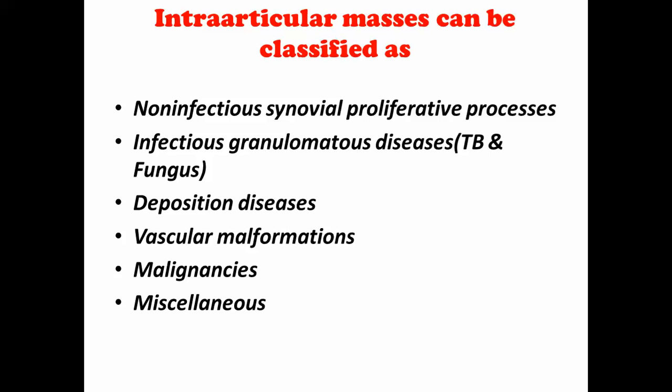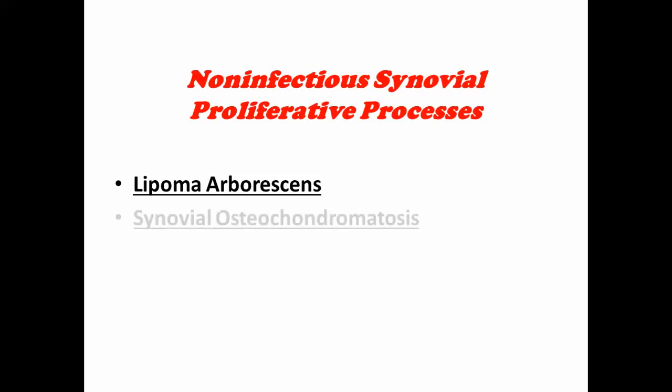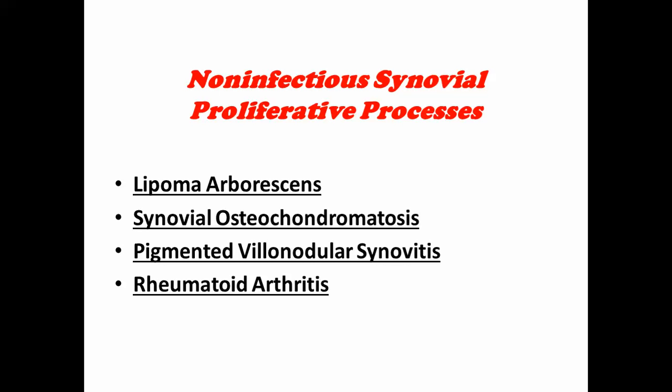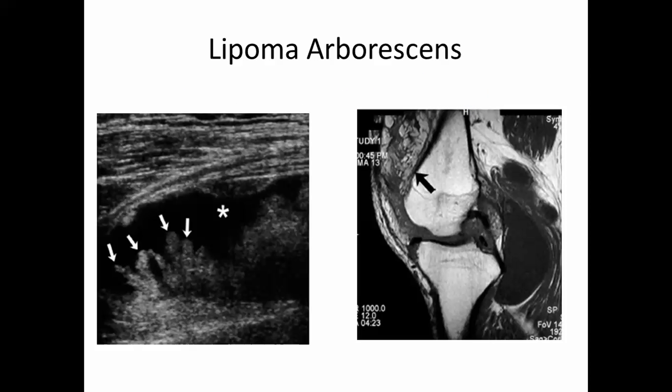So again, intra-articular masses can be classified into non-infectious synovial proliferative processes, infectious granulomatous disease like TB and fungus, deposition, vascular malformation, and other rare conditions. The main non-infectious synovial proliferative diseases are the lipoma arborescens, synovial osteochondromatosis, pigmented villonodular synovitis, and rheumatoid arthritis. And this is a typical example of the lipoma arborescens: fatty projections coming into the synovial space with effusion, frond, you call it frond,